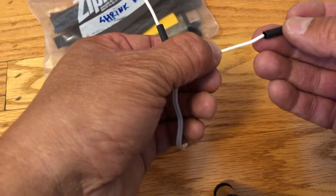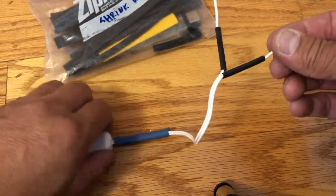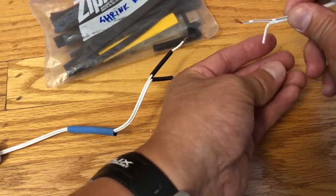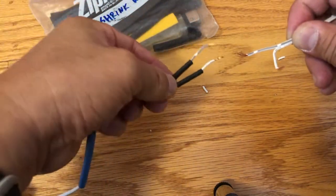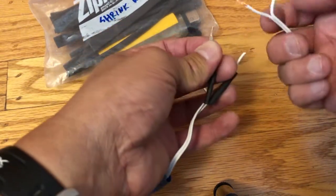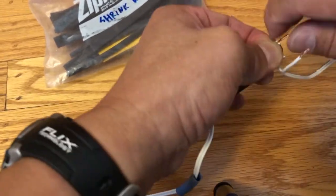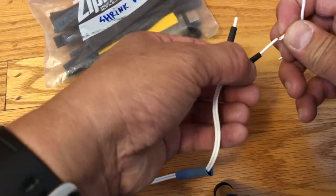So I'm going to slip in 2 pieces of shrink wrap here. And what I like to do is actually have another piece here, this blue piece. I'm going to overwrap everything. I should reconnect it, right? So this piece has a little dark stripe on it. And then you match it up with that side. Keep it all straight. Twist it together. Fill the back. Slip the